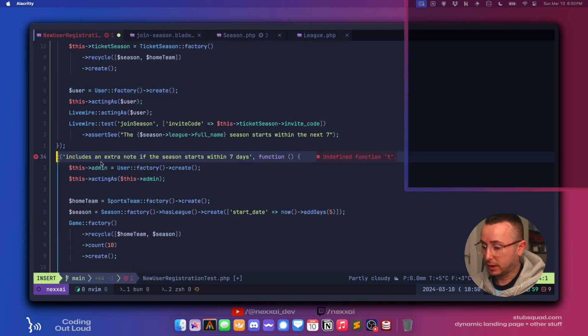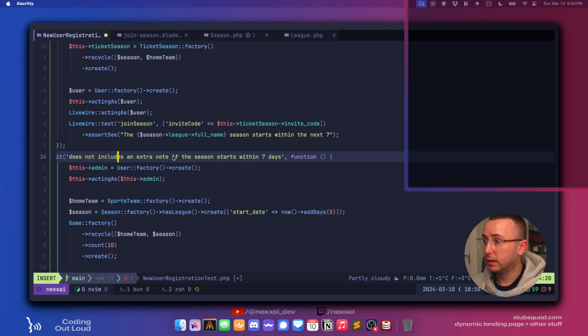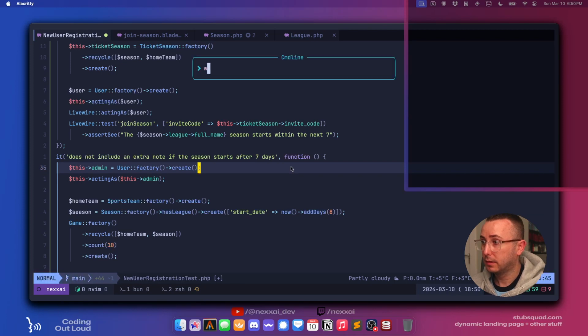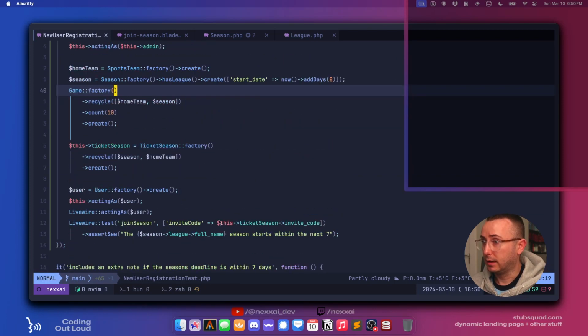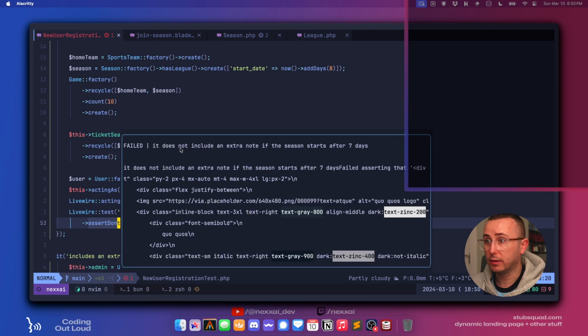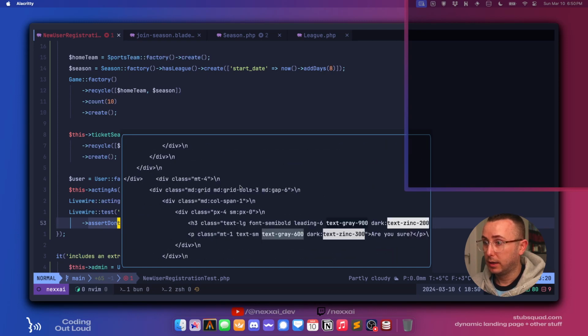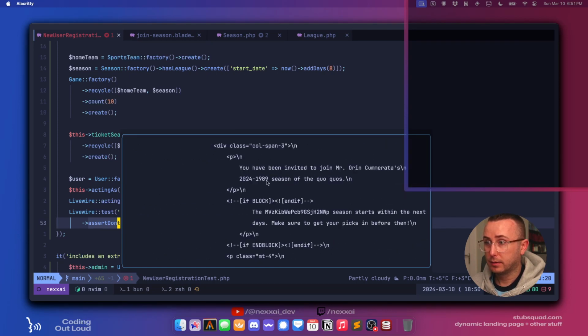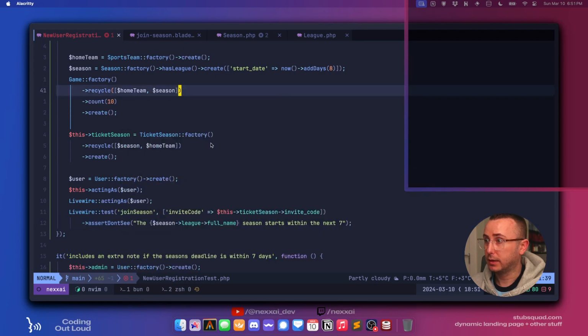So we're going to say it does not include an extra note if the season starts after 7 days. And days 8. And we will say assert don't see. And this should pass because we're already, so it's still showing up. The next 7 days. Okay, so